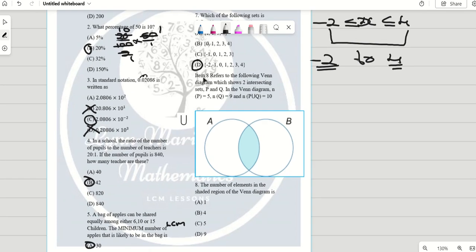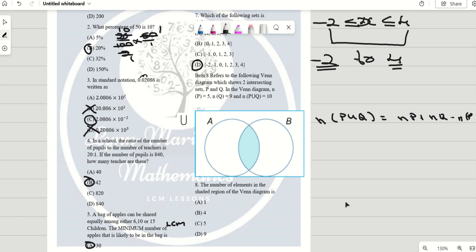Right, item 8 refers to the following Venn diagram, which shows two intersecting sets P and Q. In the Venn diagram, the number of elements for P is 5, the number of elements for Q is 9, and the union of P and Q is 10. What is the shaded region? It's the intersection, basically. So we know that the number of elements for P union Q is equal to the number of elements for P plus the number of elements for Q minus the number of elements for